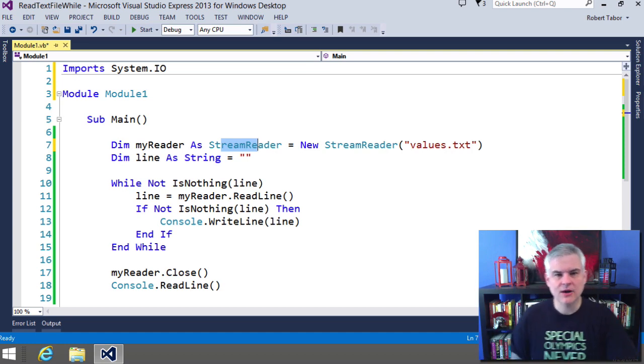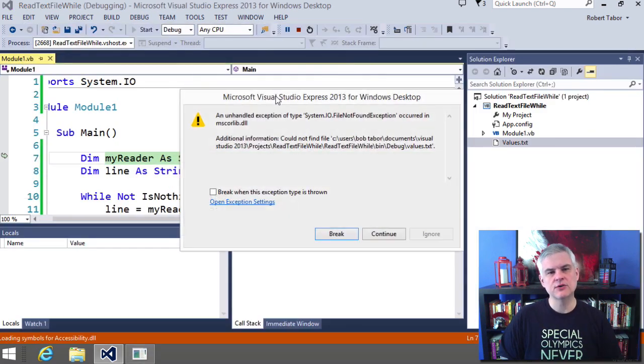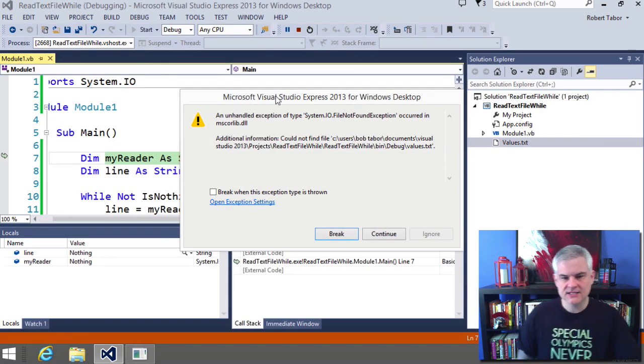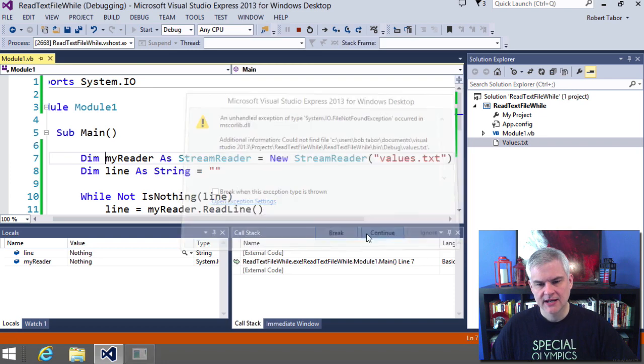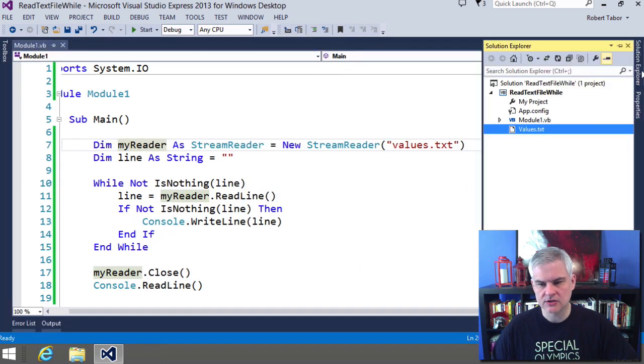All right, so I think we're pretty much ready to get started. Let's try starting the application. This time, unfortunately, we're going to hit another exception. This time we hit the system.io.filenotfound exception. And if we look at the additional information, you can see that we're looking for that values.txt file in the bin/debug directory. Now, I happen to know, as I look at the Solution Explorer, that this values.txt file